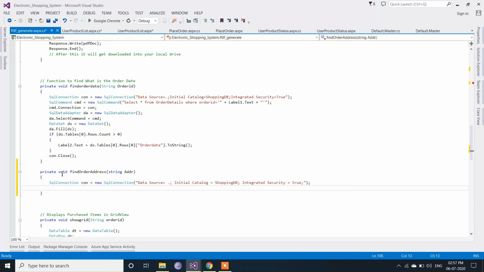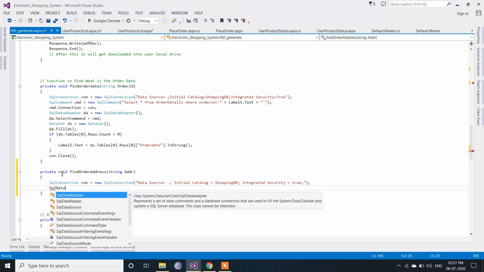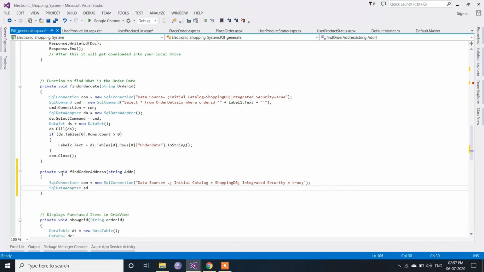Now we have to take the SQL data adapter. In this we have to pass the query for getting the records.